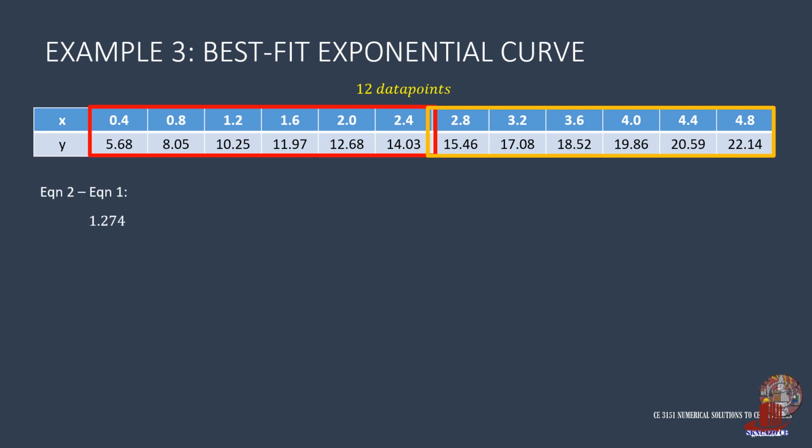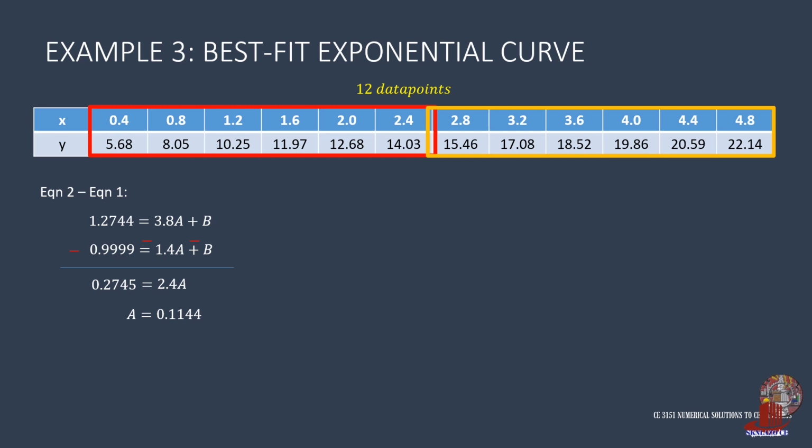Just like what we did with the others, we use method of elimination and subtract equation 1 from equation 2. For the constants, there is 1.2744 less 0.9999 giving 0.2745. And then 3.8 minus 1.4 is 2.4a. Thus, a comes out as